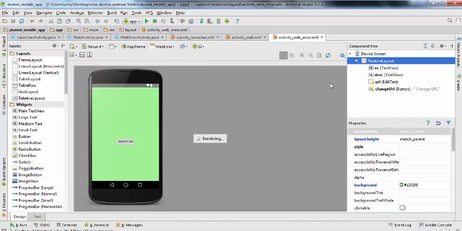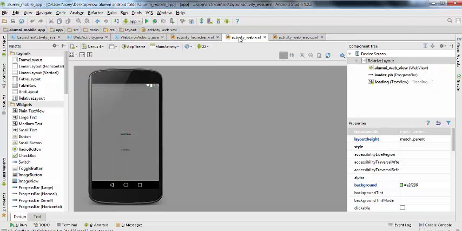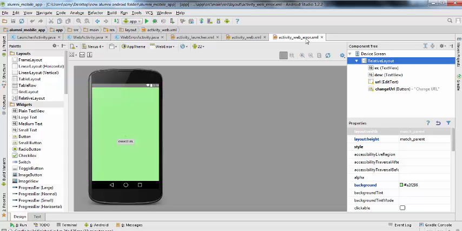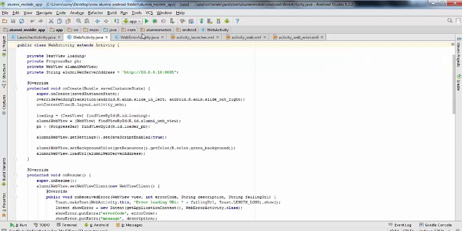On the activity web, you can see the alumni web view page loader loading, and on the web error you can see the URL and the change URL. Then after importing the project,